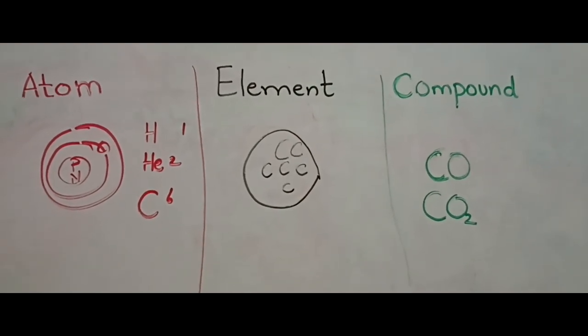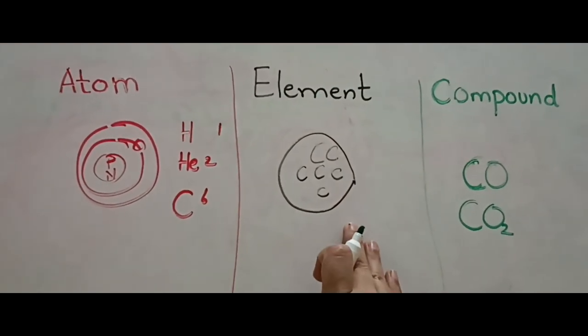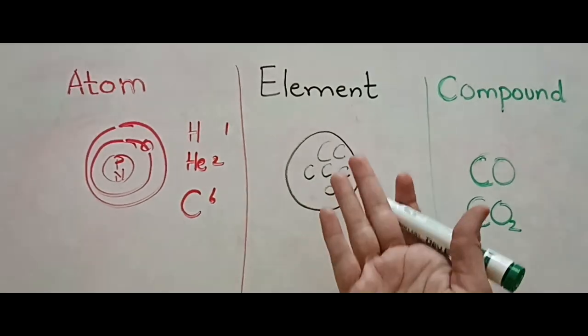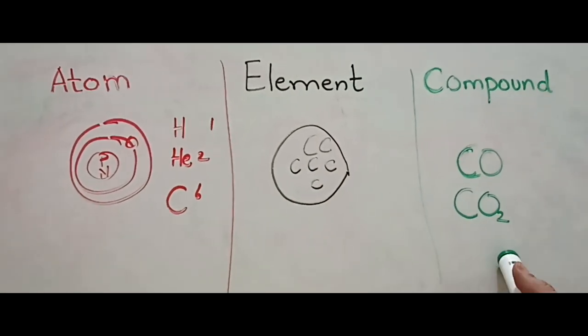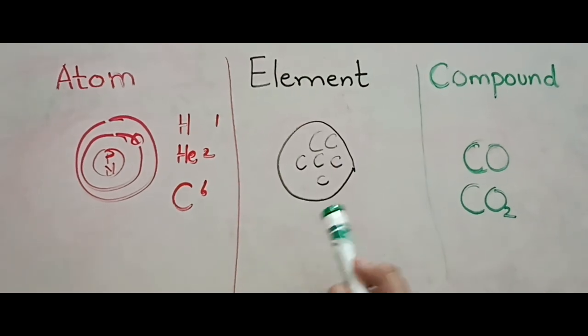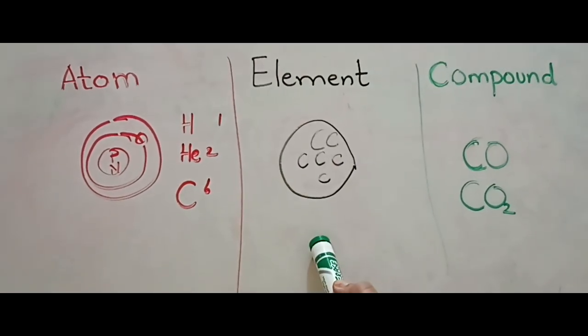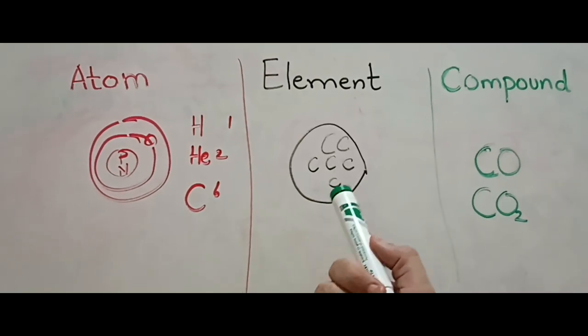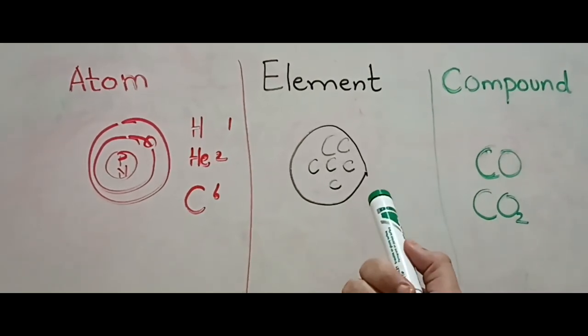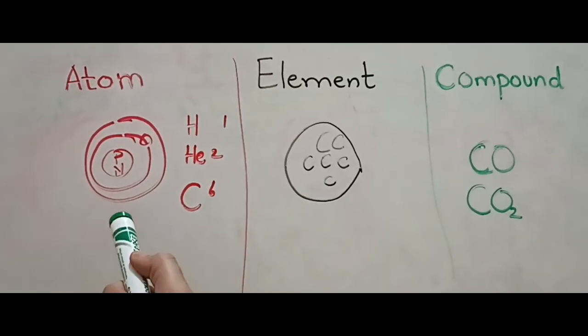Now it's understood that an element is something that has the same kind of atoms, and a compound is something that has different kinds of atoms. And they have physical properties also, like elements we can categorize as conductors, we can categorize as solids, liquids, but we cannot categorize as